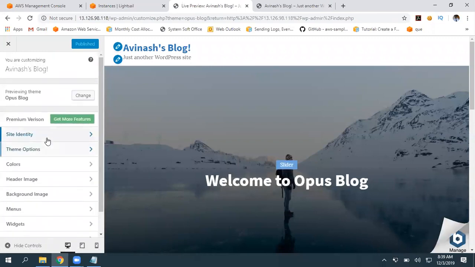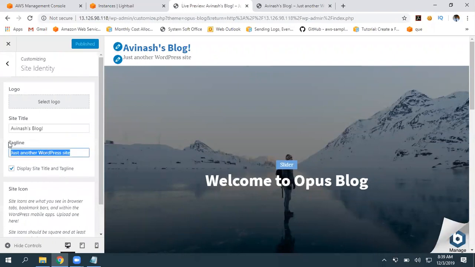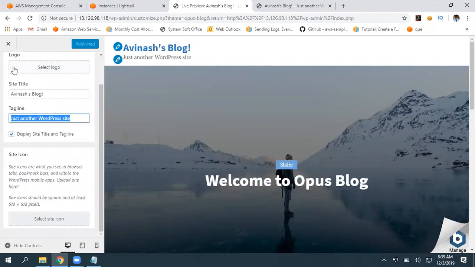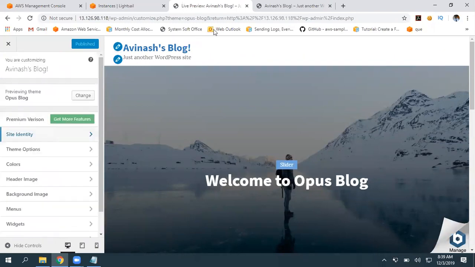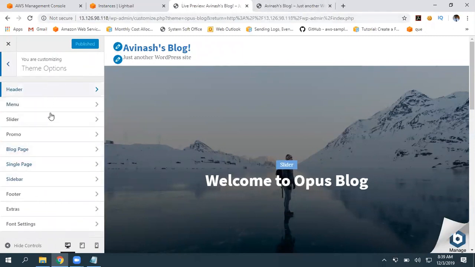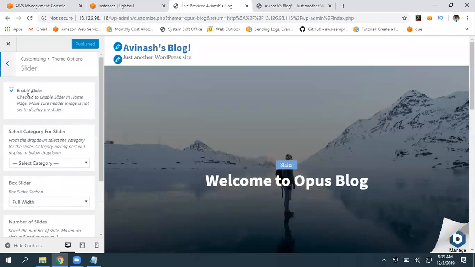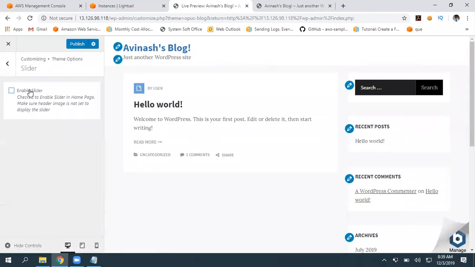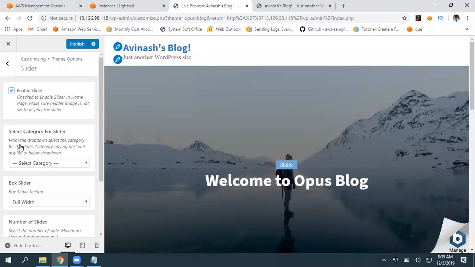So here, what are the fields? Site identity, display site title and taglines. If you want to select a logo, where it can display here, top right corner, the theme options. So what is a slider? If you want to enable slider, you can. Otherwise, it is not going to be there.